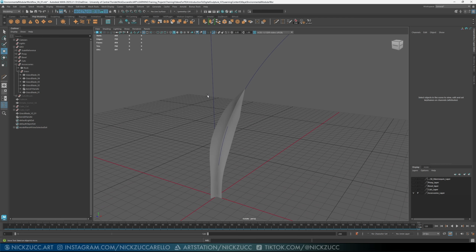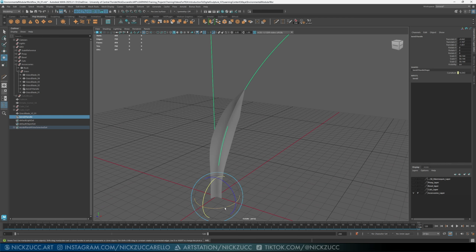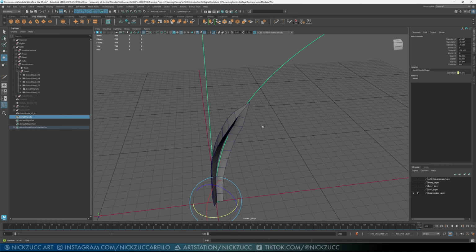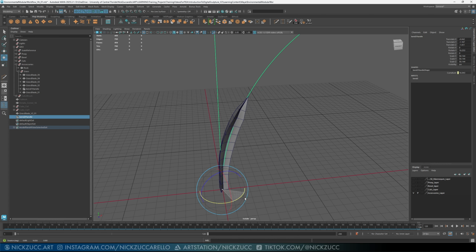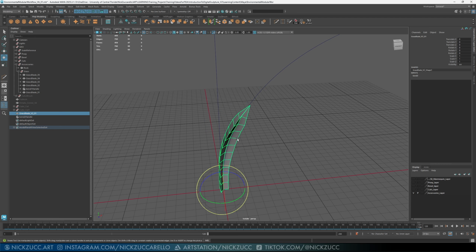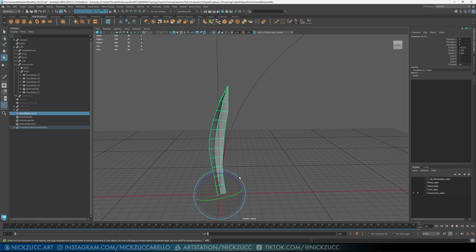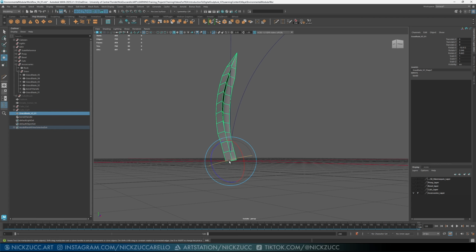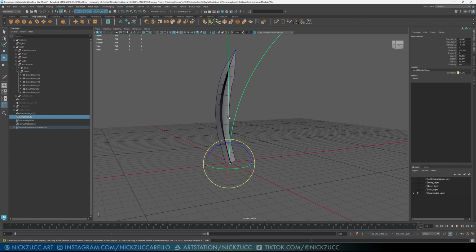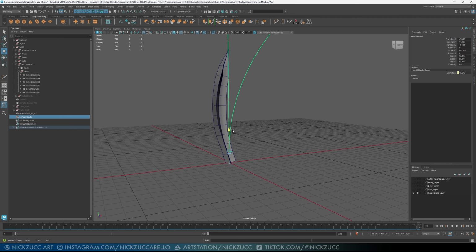We can also take this handle, select it, and rotate this thing around like this. Let me turn on wireframe on shaded just so we can see what's going on with the mesh a little bit better. So you've got a little bit of options now: I could just click and drag this and move it around like that. If we take the object and rotate it, it's still going to try to bend this thing for us. You can see how it's grabbing the very bottom of that. If we take that bend handle and move it up just a little bit,